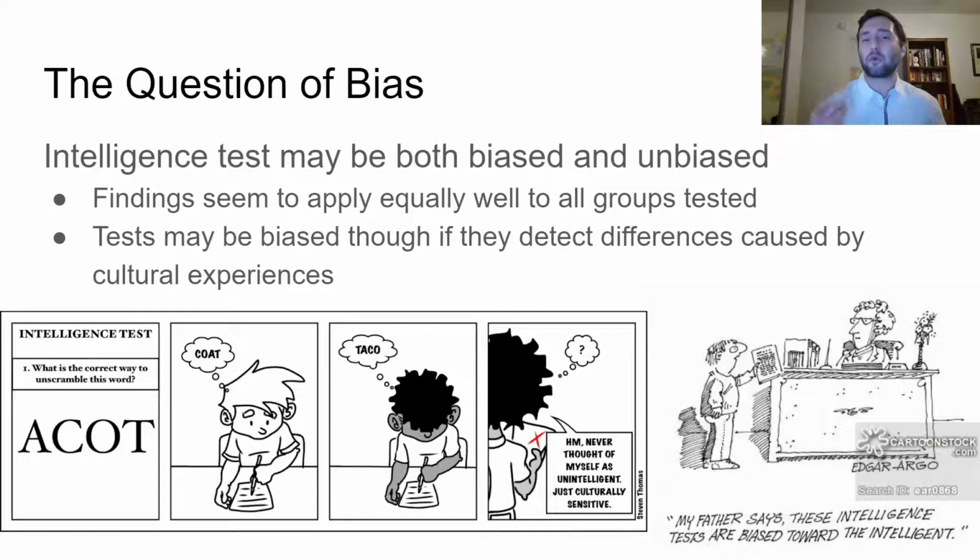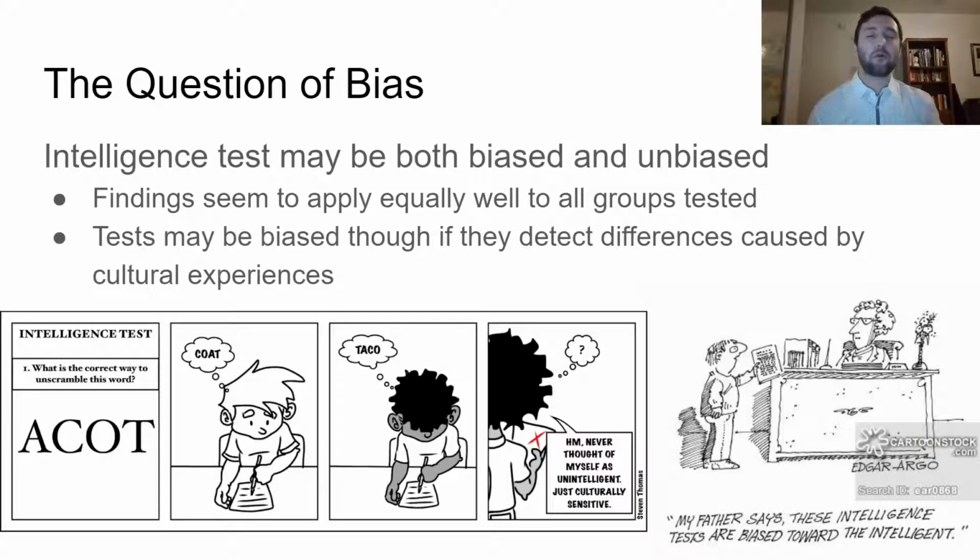Because of my cultural background, I'm going to score worse, even if I'm equally as intelligent, right? Just because I don't have some of these different things, these different backgrounds. And that's something that's really important that testing places try to take into account. Now, if that happens, that would be an example of an intelligence test or an aptitude test being biased.